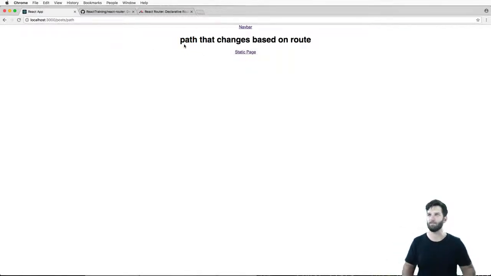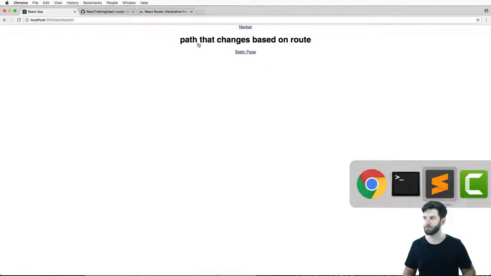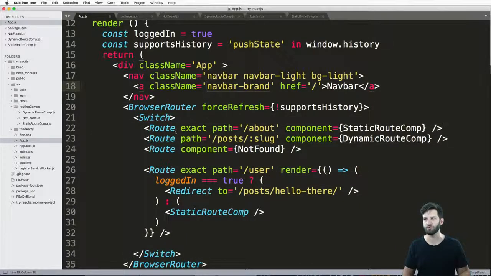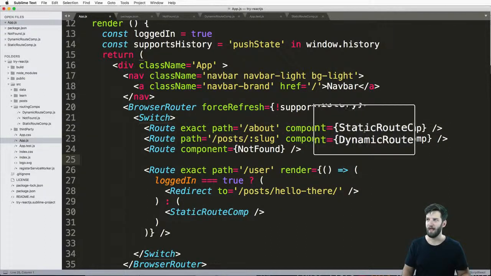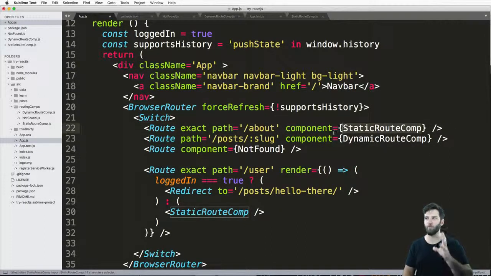But that's the key portion of this routing. So let's take a look at it a little bit closer. Now I mentioned that when I went to about/ABC, it didn't actually work. And that's because we did exact path and we put it inside of this route. And then all it does is render out that one static route component. This could be any component. I just have some examples here,